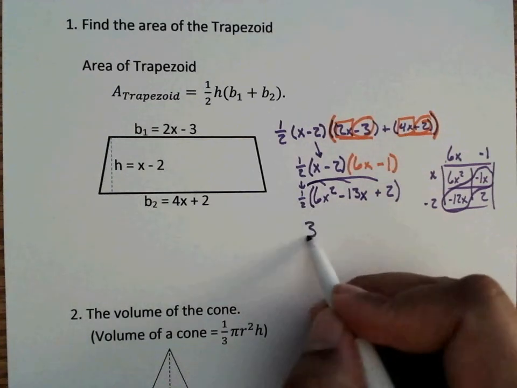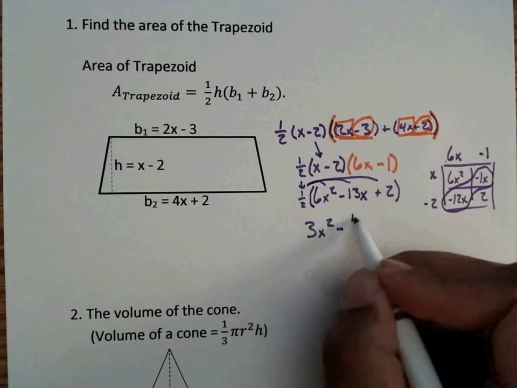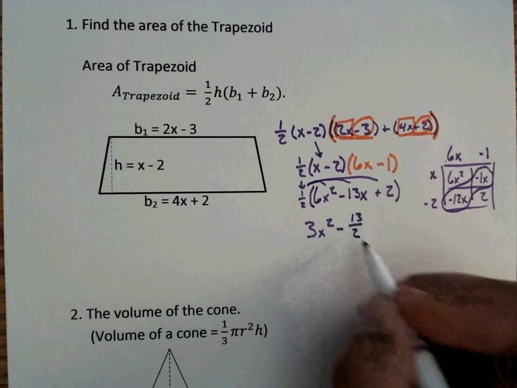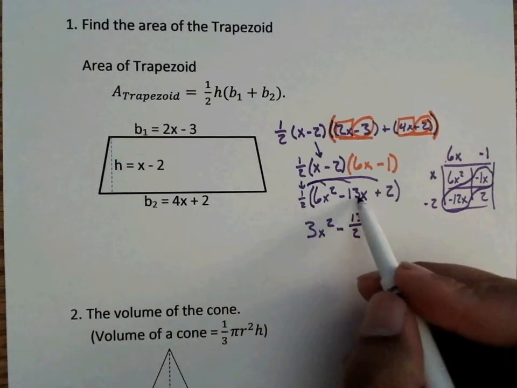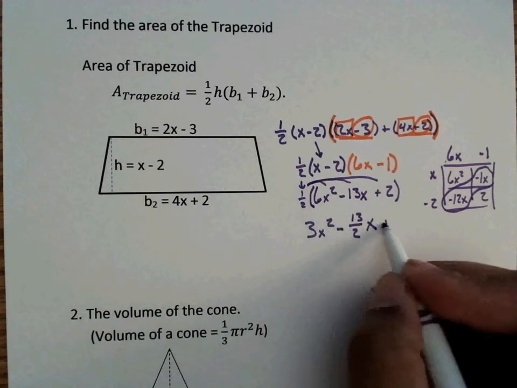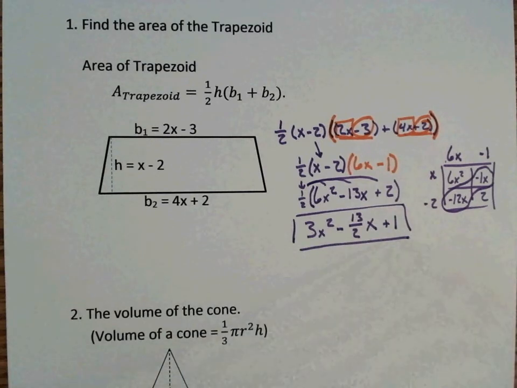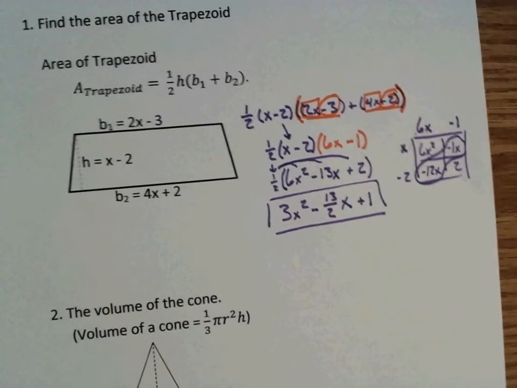So 1/2 of 6 is 3x squared. This does not go evenly, so we just write it as a fraction. So 1/2 times negative 13 is negative 13 halves x. And then 1/2 of 2 is 1. And that's our answer. So all this really does is just check to make sure you know how to multiply your polynomials and add them and subtract them, all that good stuff. So let's go into the last one. So for this last one,